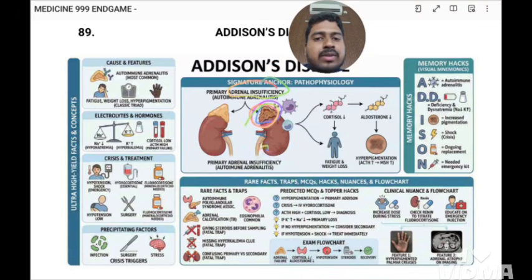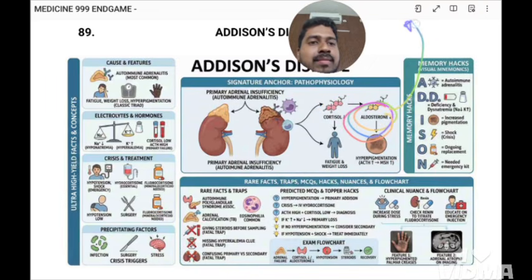Now this adrenal failure is because of adrenalitis or autoimmune adenitis, some reason, or maybe because of infection. This is basically failure of adrenal function, as a result of which there will be decreased cortisol and decreased aldosterone. Decreased cortisol will cause fatigue and weight loss, and decreased aldosterone will lead to hyperpigmentation, because when aldosterone is decreased, mineralocorticoids